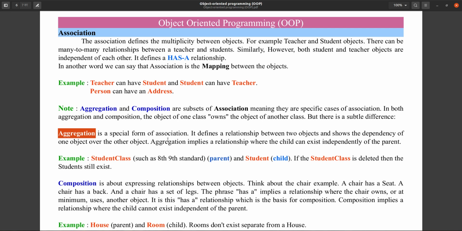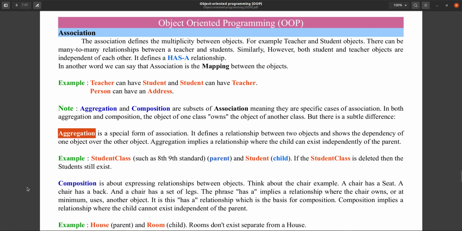It means if you destroy one object, then the other referenced object will still be there in your system, it will not be destroyed, it is still existing. If you are deleting the parent object, the child object is still existing, it is not being destroyed.